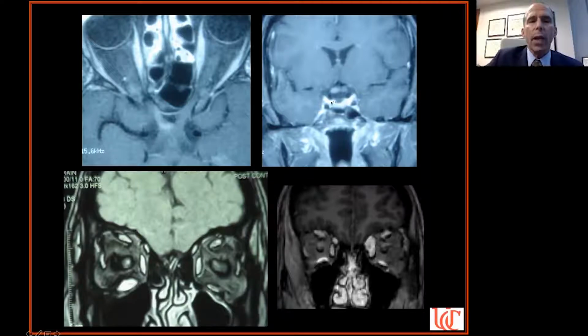So if you see a nice bright white pituitary, that means gadolinium was given here. This is the suprasellar area right up here. And here's the enhancing distal nerve, read as normal. Over here, hopefully everyone sees the problem. This was read as normal, even though I said rule out abnormality of the right inferior rectus muscle. Look at the right inferior rectus muscle compared to the left inferior rectus